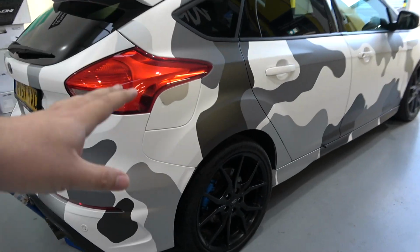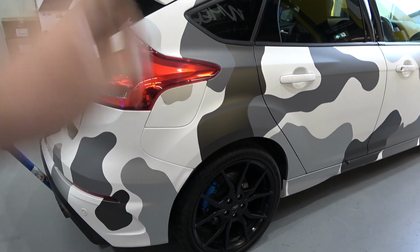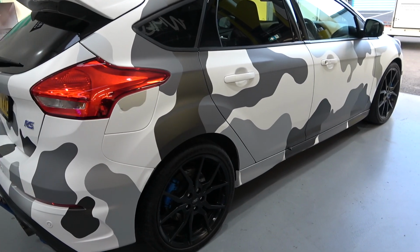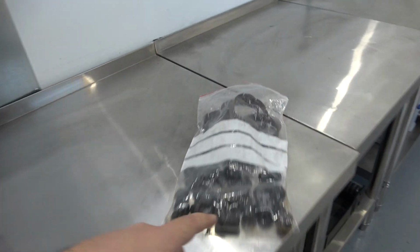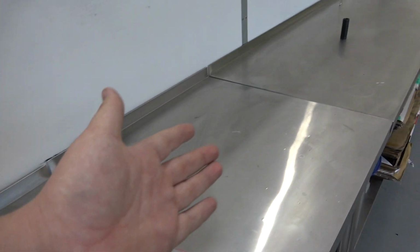So then it is about time to talk Ford Focus. These wheels have done me justice. I've buckled one wheel that is currently in the shed. These are original OEM Ford wheels. As much as they look great, I don't think they quite match the wrap. So if we come round here, we've got some black lug nuts or wheel bolts, depending on where you are in the world. And then the final reveal then,